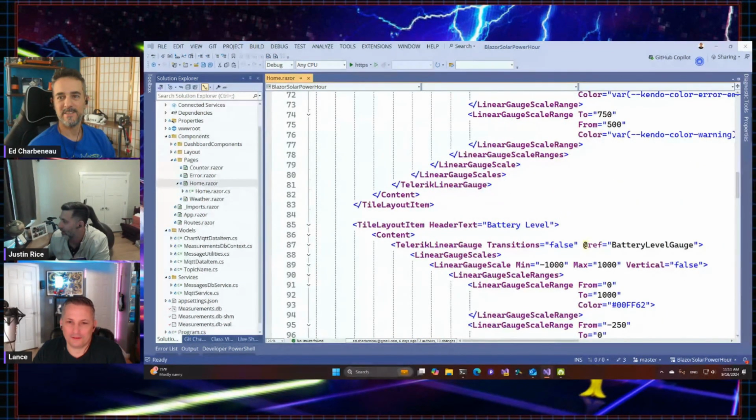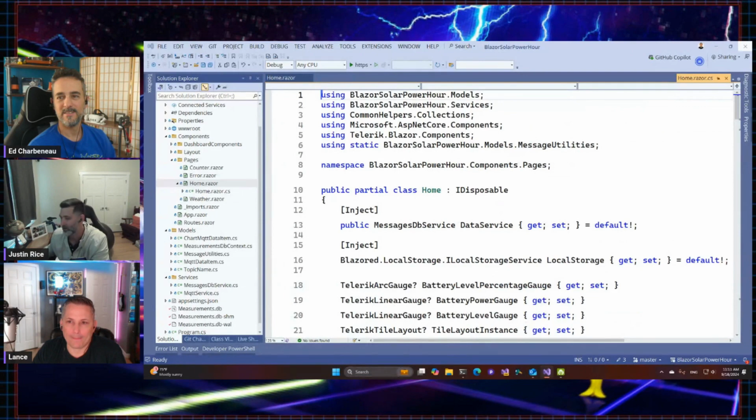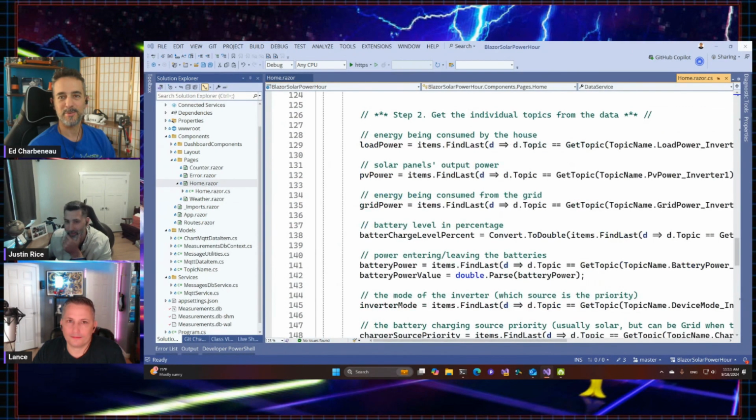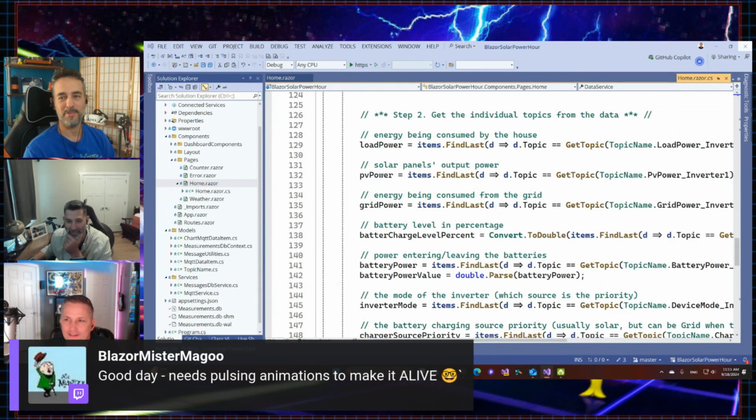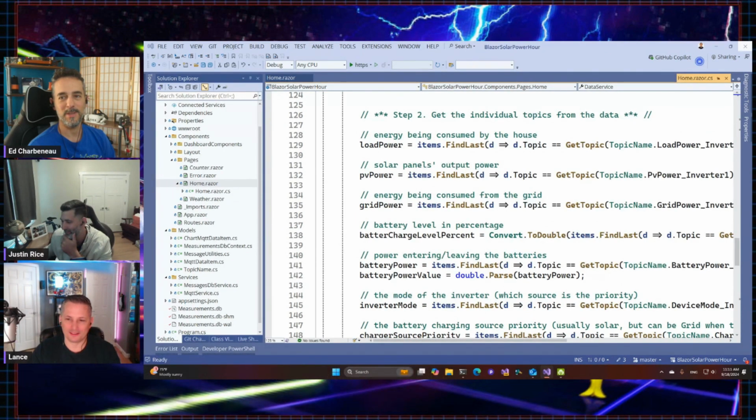Okay. I'm going to go to Home.razor.cs and ask a couple of questions real quick. Hey, Mr. Magoo, add some pulsing animations and let it go live. We do have that skeleton component. That's good for that type of stuff. Add those loading animations in. So down here, if you'll scroll right,